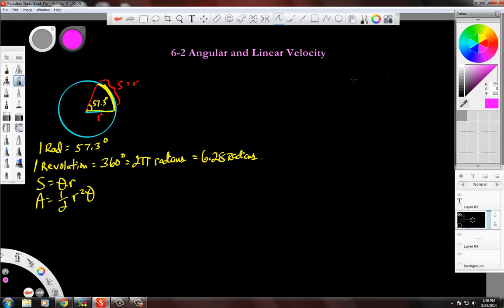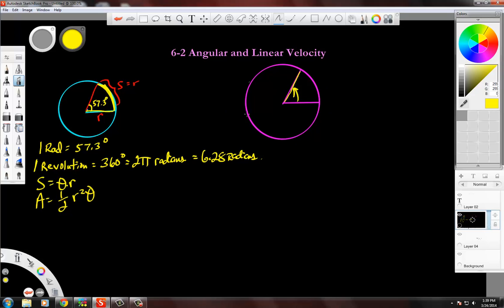Now, today we're going to do something called angular displacement and angular velocity. And I want to explain the difference between angular velocity and linear velocity if I have time. So first of all, if I have a circle, and it has some sort of angle that is spinning around like this,